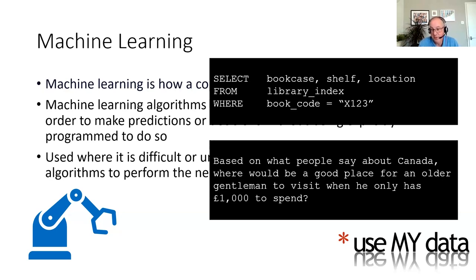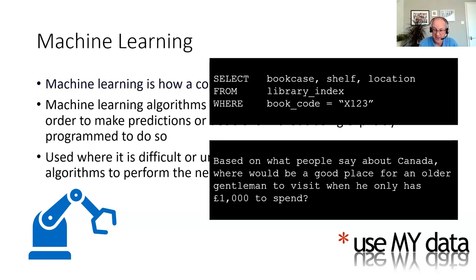So that's an algorithm. It's a question, but it's phrased in a completely different way than the one above. So the one above is the traditional way of telling a computer to go and find something: please give me the answer to this question. The one below is what we really like to say to computer systems.